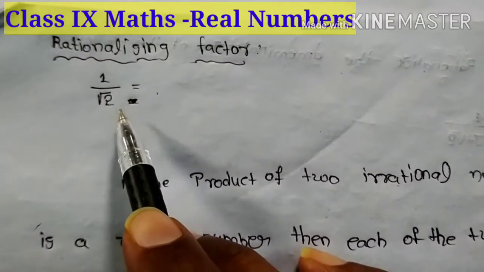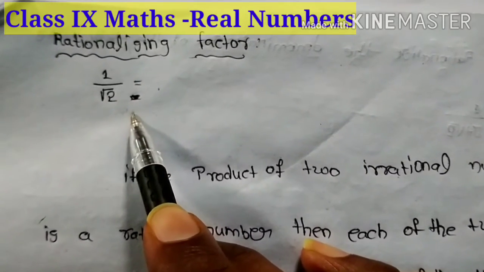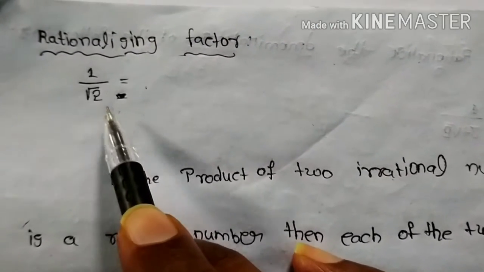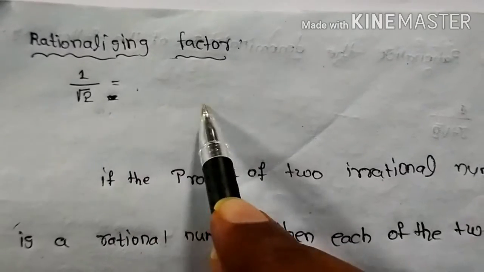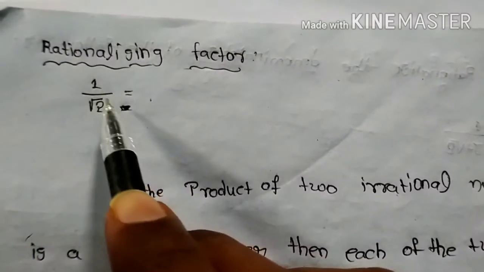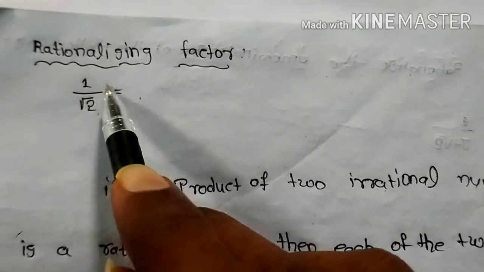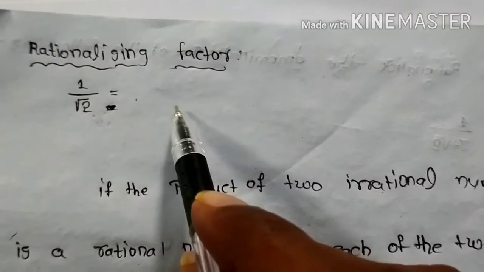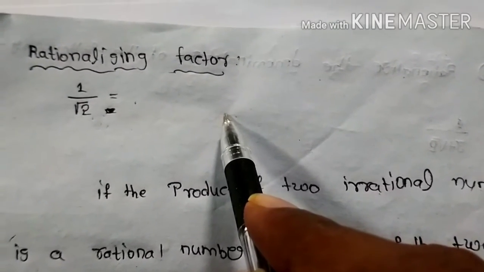First, you know that already, root 2 is a rational number or irrational number? Yes, we know that root 2 is an irrational number. If root 2's value is how much? You know that it is 1.414 and something. Can we do division? 1 by root 2, is it possible to do division? Just think 1 by 1.414, is it very hard to do the simplification?